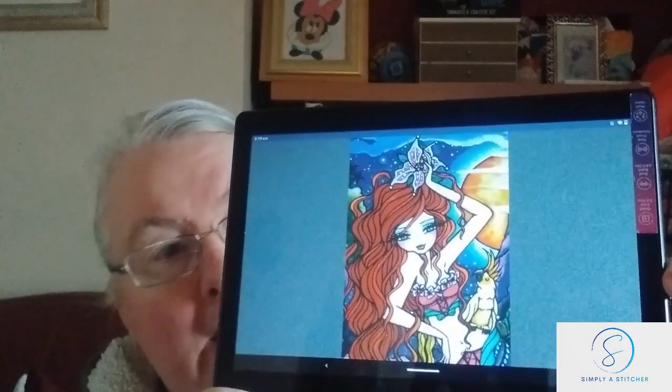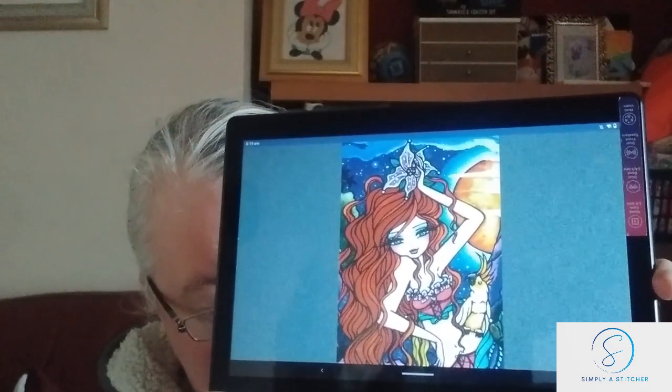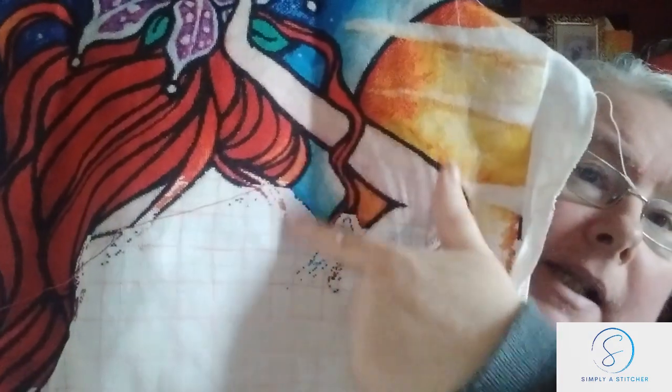Okay, so the next one I've worked on is another Heaven and Earth design. It's this one, my freebie Maui Princess, and I did a chatty stitch with me on Friday, released on Friday using this piece. So last time we looked at this it was 45.49%. We are now at 45.95%,